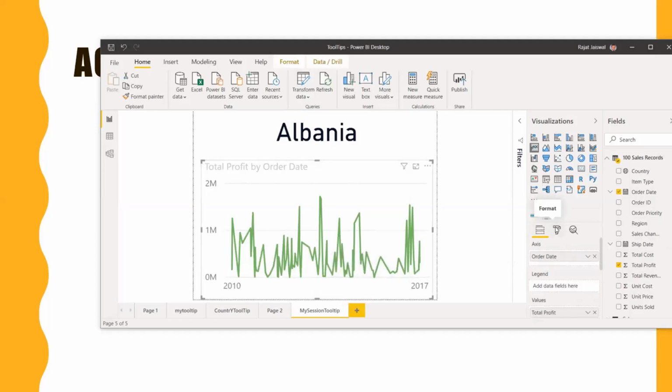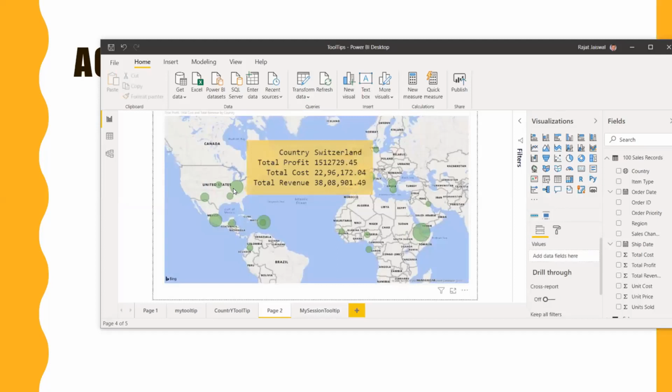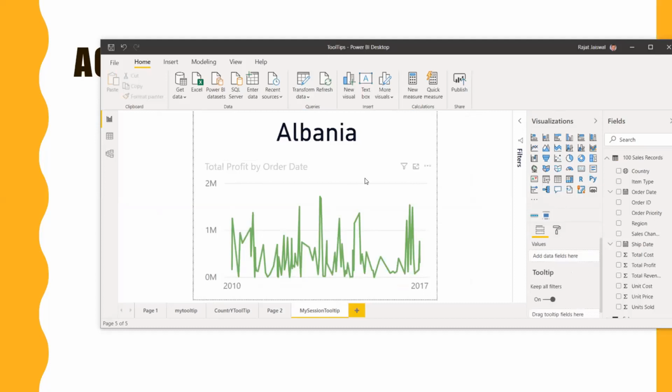Perfect. Now what is my need over here? When I hover on any of the countries, instead of what I'm seeing right now, the country and Switzerland total profit, I need this particular tooltip.